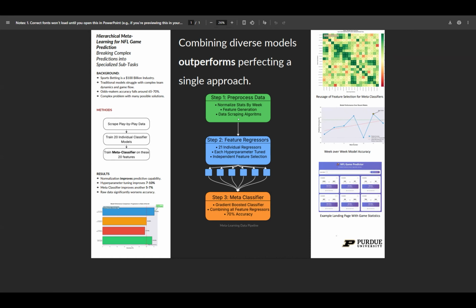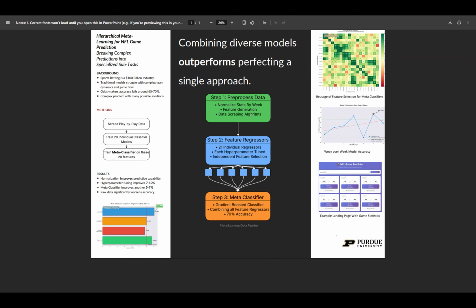And then I was like, okay, it's not doing that great on these complex tasks, because there's a lot that goes into an NFL game. It's not just 20 stats or whatever that's your win or lose. So my next idea was, my feature space was up to like 100 or 150, because I was encoding a lot of different play-by-play statistics. I was like, okay, we take this 150 feature set data, which has a lot more niche stuff,